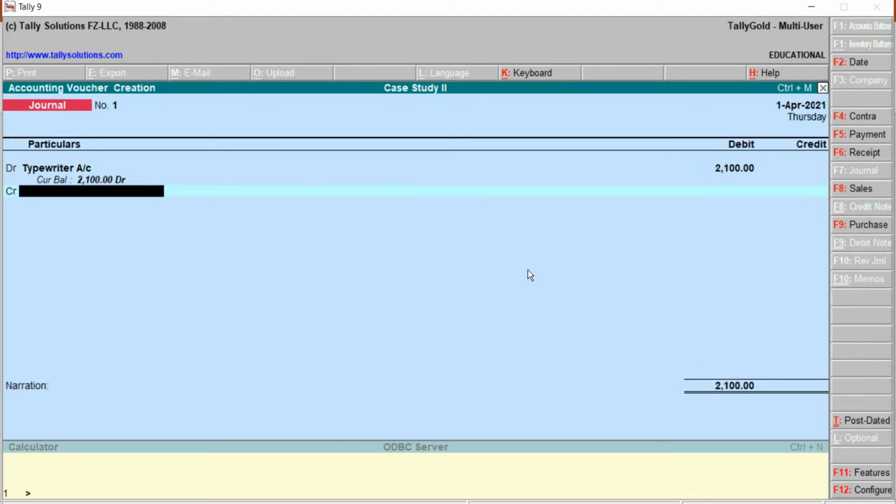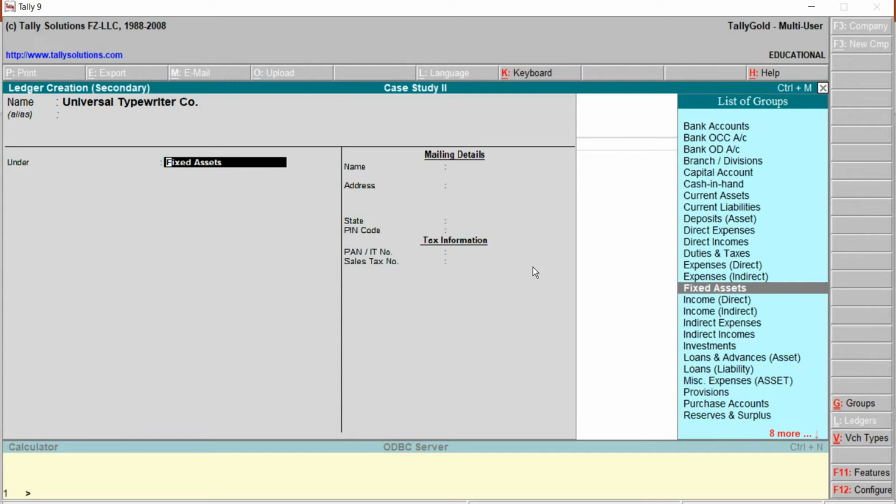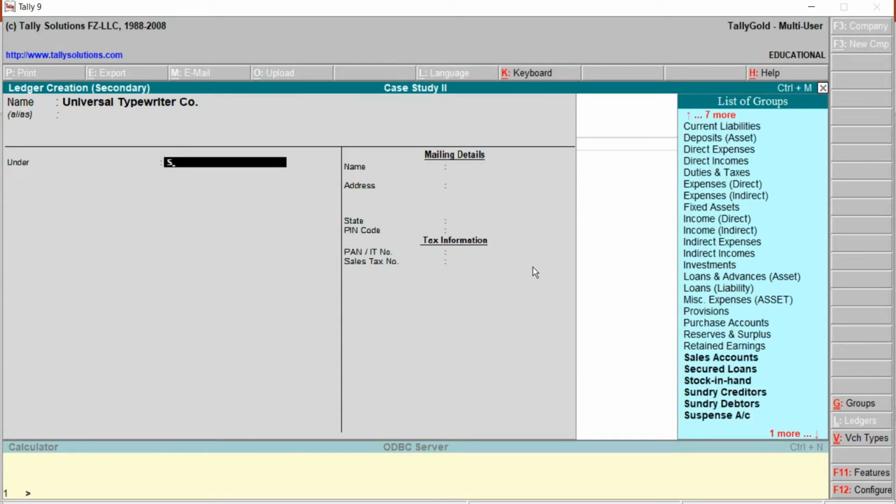Credit will be, we have to create this one. Alt C to create. Universal Typewriter Company, alias blank, and this will be allocated under the group Sundry Creditors.